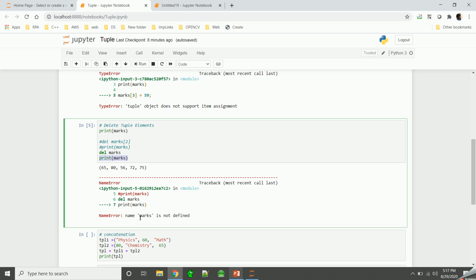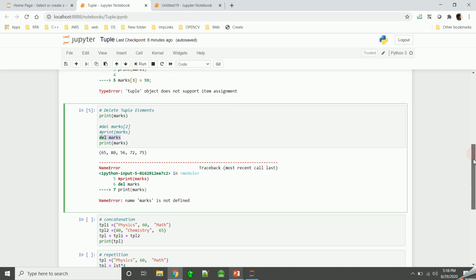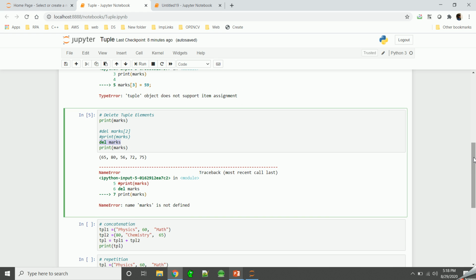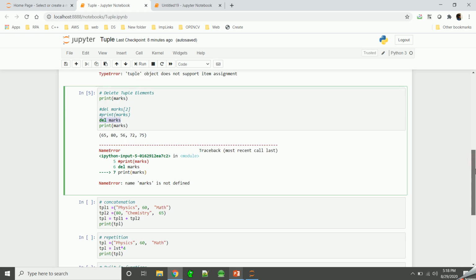So what it says: name marks is not defined. This is because we have already deleted this tuple, and then we are trying to access it. So that's why it says it is not defined. Okay, so we can delete the entire tuple, but you cannot delete individual elements from the tuple.